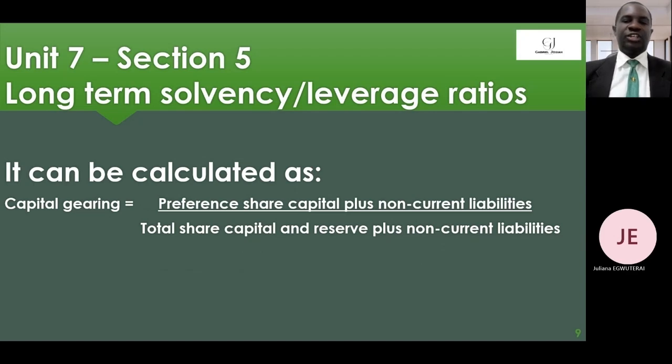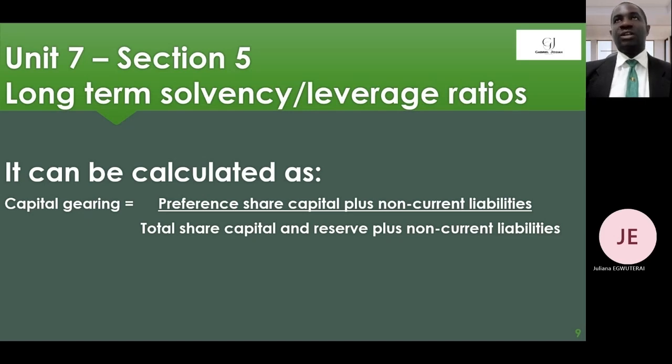It's stated as the preference share capital plus non-current liabilities. The non-current liabilities do not include anything that has to do with tax, maybe deferred tax that is long-term. Deferred tax is a government obligation, but any obligation to a company that is owed funds is what the capital gearing ratio looks at. So the preference share capital inclusive of the non-current liabilities, exclusive of any liability that is not debt, while our denominator is the total share capital, which is equity plus preference, reserves plus